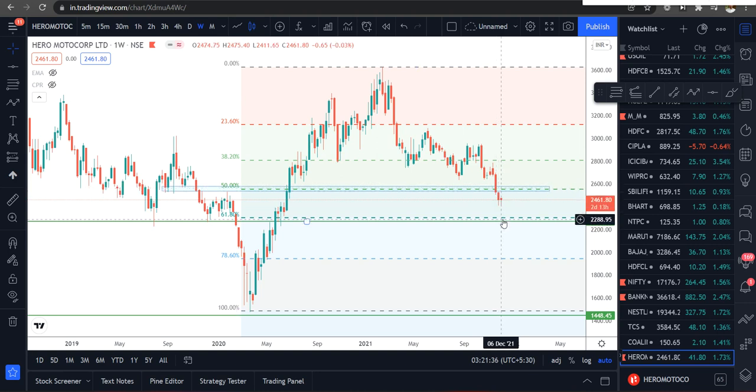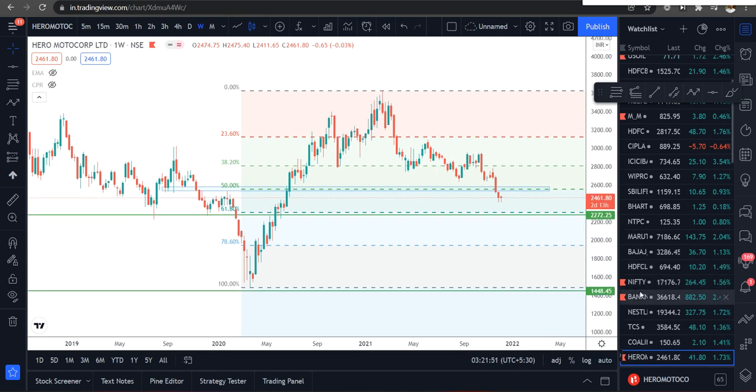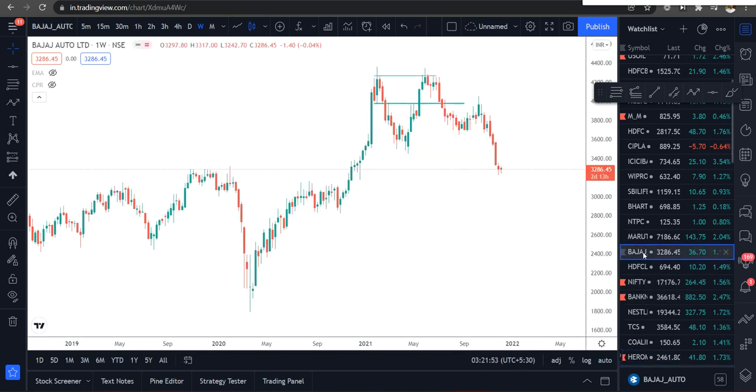So I'm waiting for this level, that is 61.80, to invest a small quantity, a small chunk of the amount that is allocated for Eero, and then if it falls further, I could invest more. So this is how we need to invest, because it's very hard to find the top and bottom. What we can do is divide the money across different support and resistance levels, and invest at the right place, so that we will not miss the opportunity, and also we will not carry more risk.